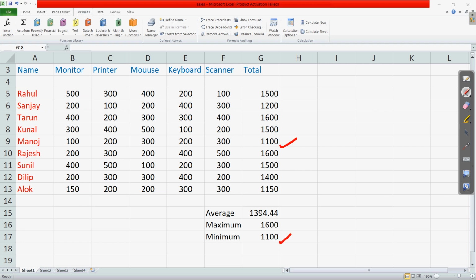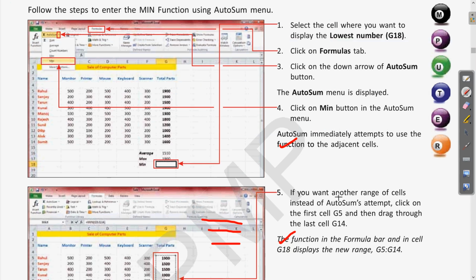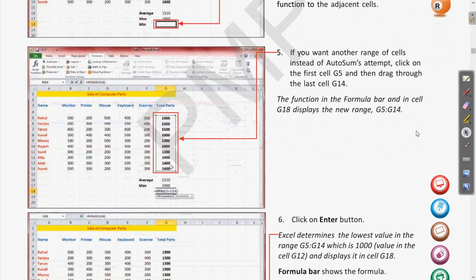Clear? So these are the three approaches we have seen for finding the average, maximum and minimum. Clear? So I hope this is clear to you and you can easily understand, and wherever you have any steps which are missing, you can pause the video and go a little bit back and you can watch it again. Clear? So we have completed the three functions, average, min and max, and the three approaches along with that.